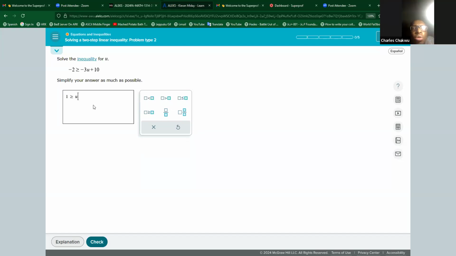Let's take it step by step. So we have -12. Let's take it bit by bit. So we have a -12 on the left side first. And we have